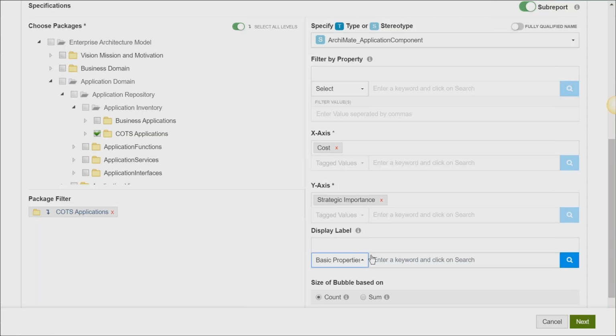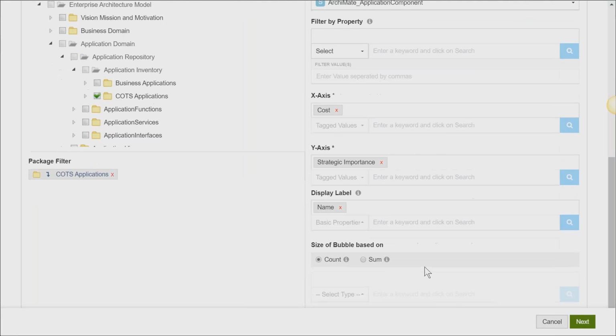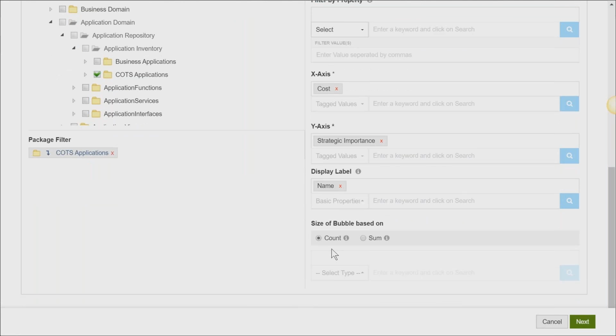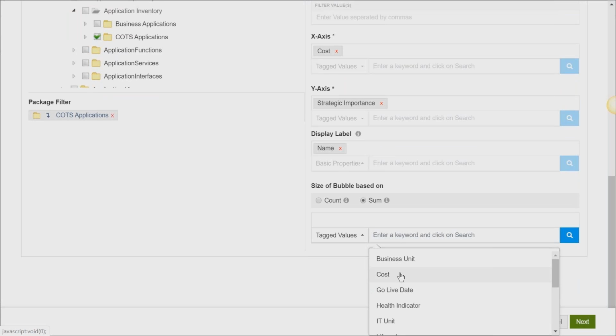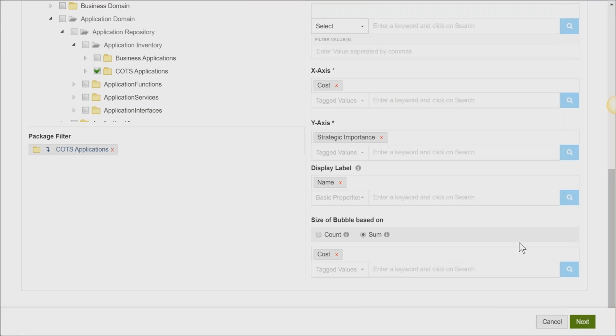And the z-axis could be just a count, where it'll say there are 2 applications against this x and y, or alternatively, I could even choose another attribute to denote the size. So in this case, I'm going to use cost as an indicator of how much we are investing in an application. So the size of the bubble is also going to be determined by cost. So I'm choosing cost, but it could be operating on 3 completely different variables as well. So once I've set the basic